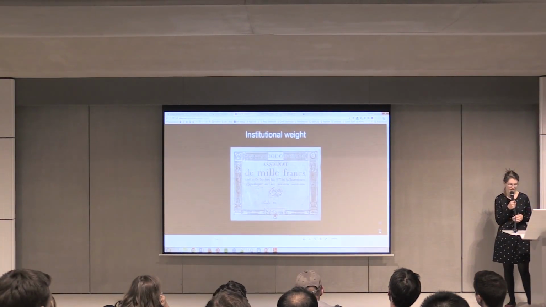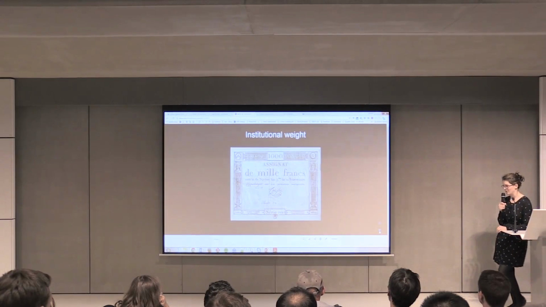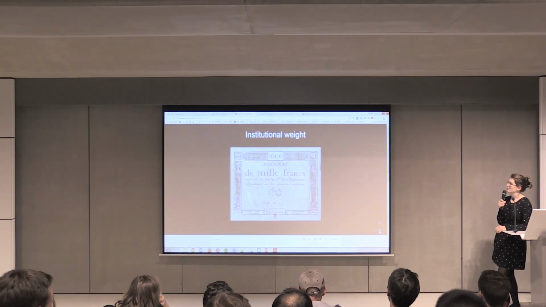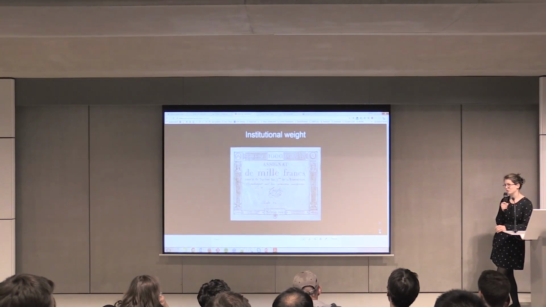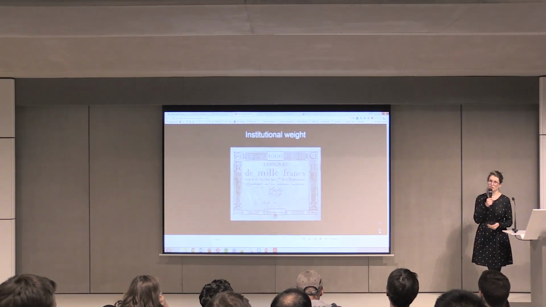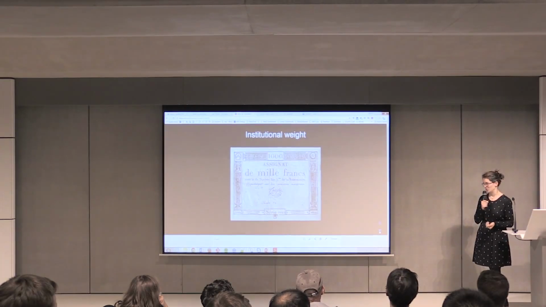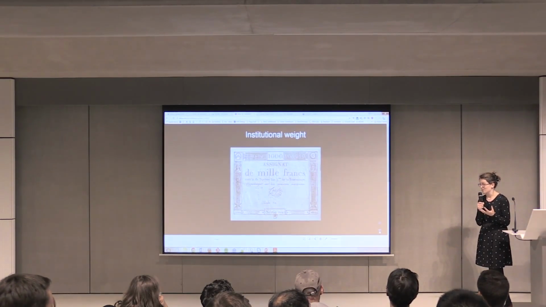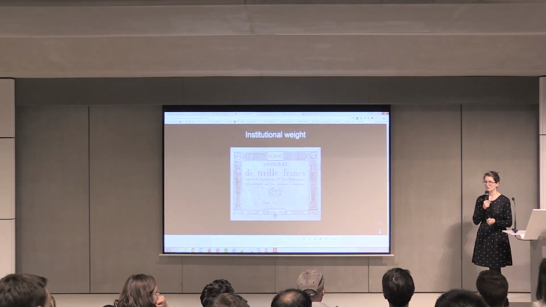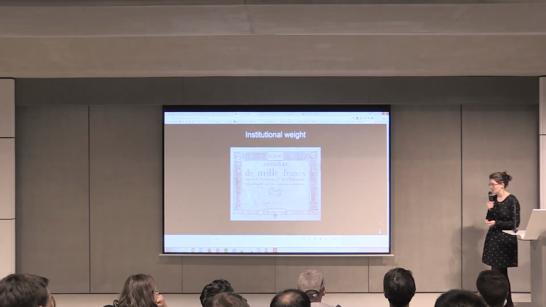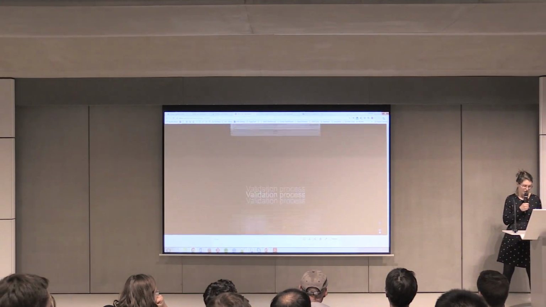So my first answer to you is that this metadata has a really huge institutional voice. You can trust it. The French National Library acts as a legal deposit. So every publisher in the country has to deposit its publications at the French National Library. And the counterpart is that we have to describe those documents. So we have a guarantee of exhaustivity on this metadata. So you're sure that you will find all of the cultural domain metadata of France in the French National Library. This is really a huge asset.